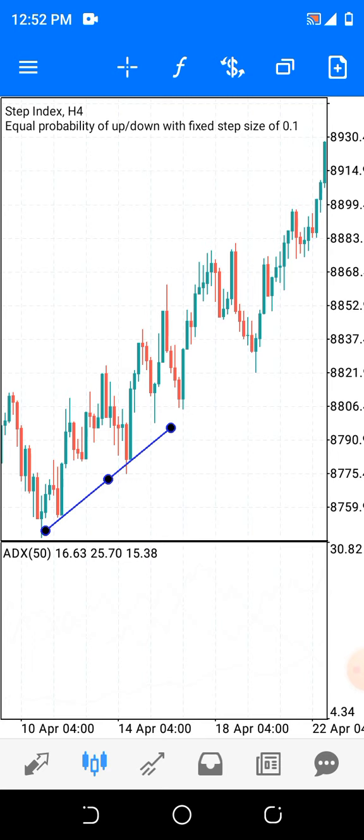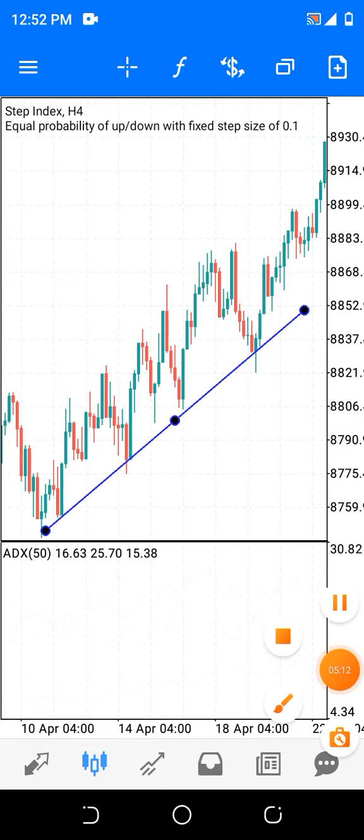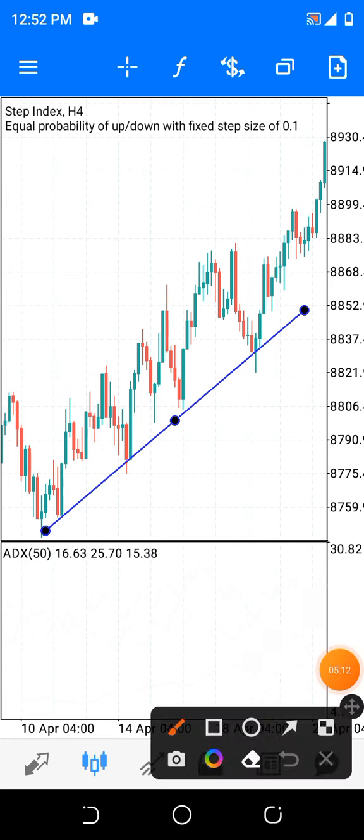Now when you look at this, these are the two points that formed first. We use these two points to establish this trend line. Now, once you identify the direction of the market, that the market is in an uptrend,